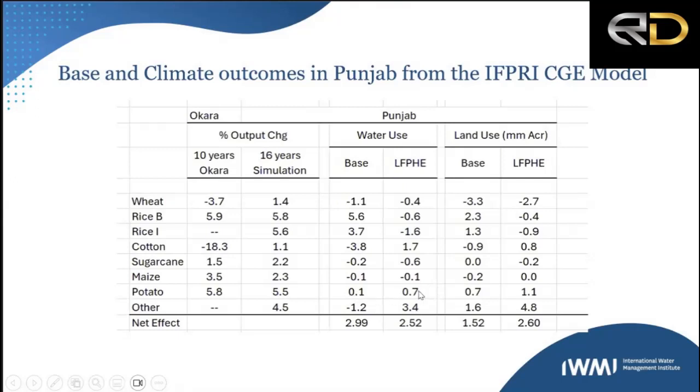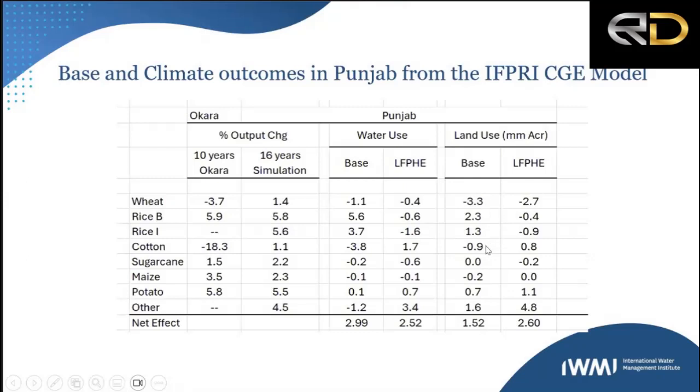Potatoes still gains. In fact, it does relatively better compared to other things. And so we get quite a different set of outcomes in the hot and dry scenario. On balance, there's still growth in water use, but it's about 500,000 acre feet less. Land use, I won't go into too much, but again, you're expanding land, and it tends to go out of